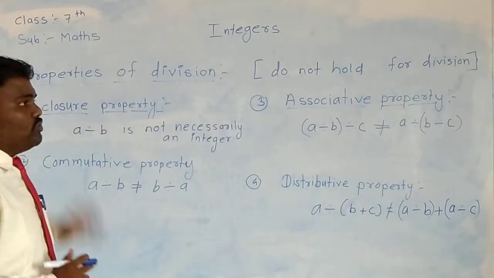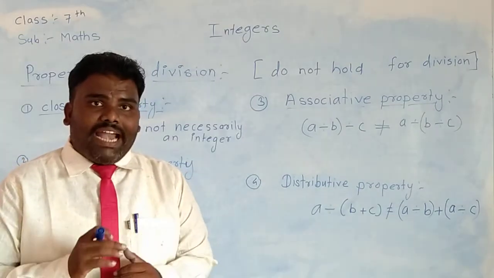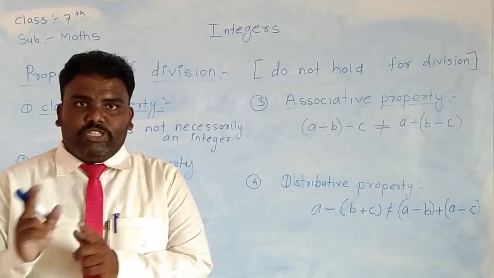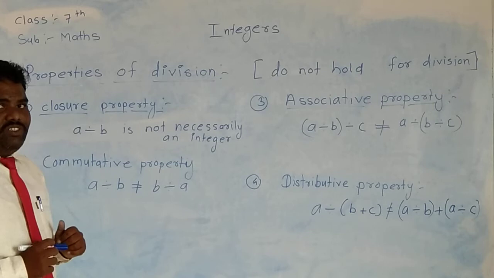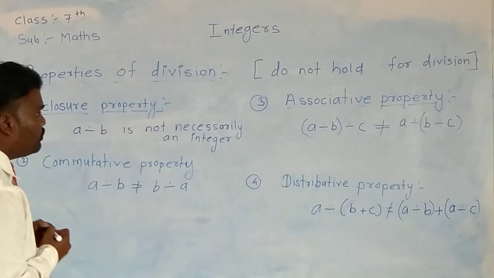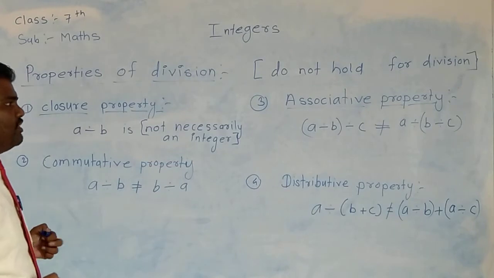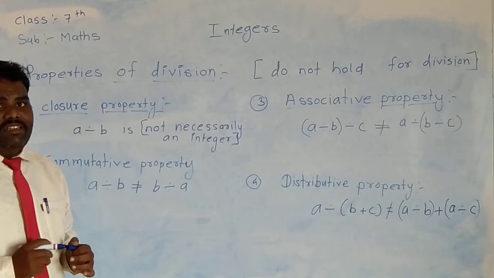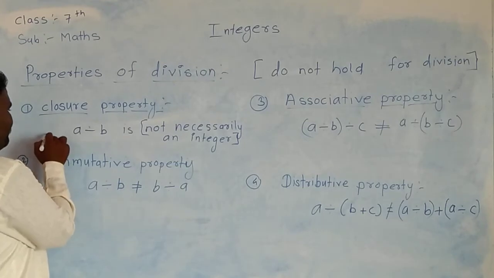Closure property. What about closure property? We already discussed the closure property, that whenever we add, multiply, or divide any two integers, the answer must be an integer. So what will happen here? If we divide two numbers, can we always get an integer? No, not necessarily. Sometimes we will get another answer, maybe in decimal. For example, if we divide 1